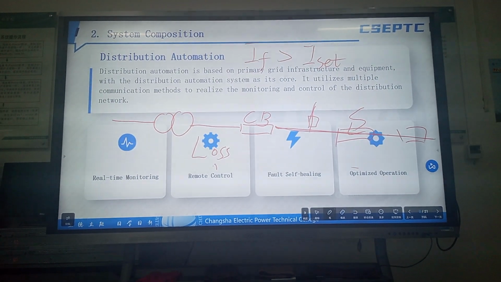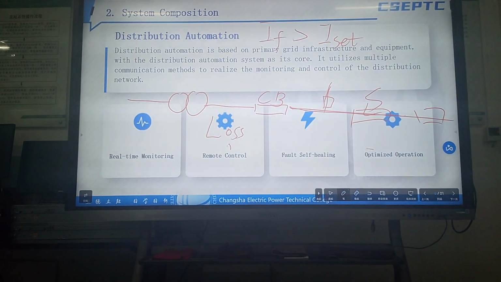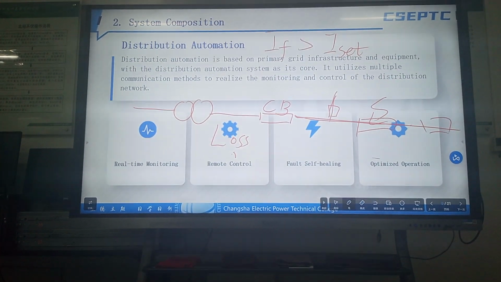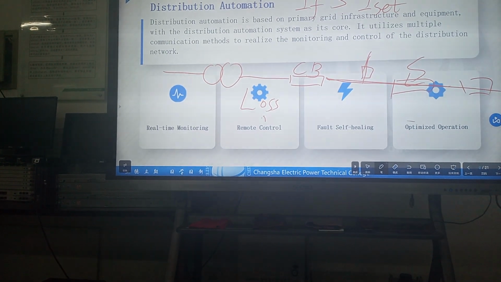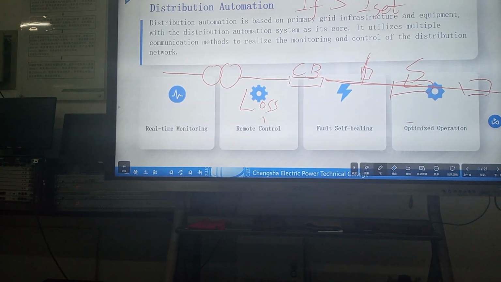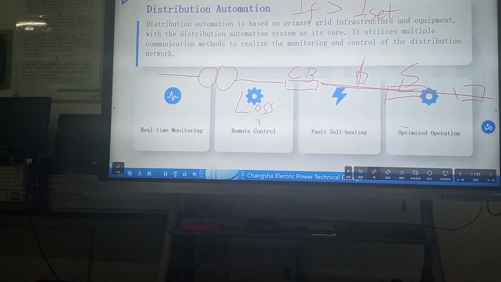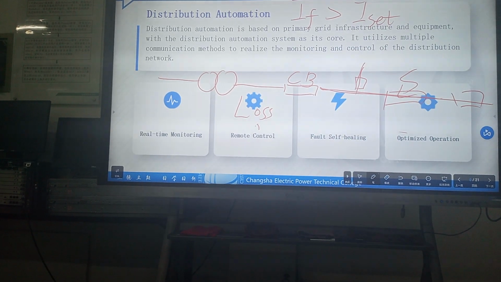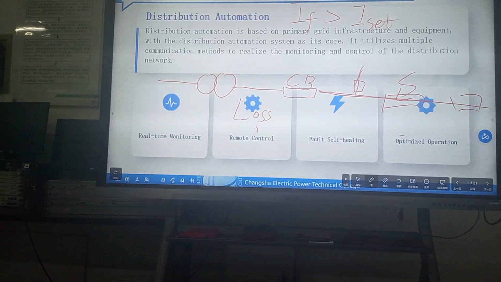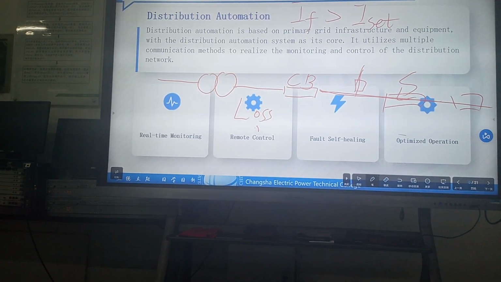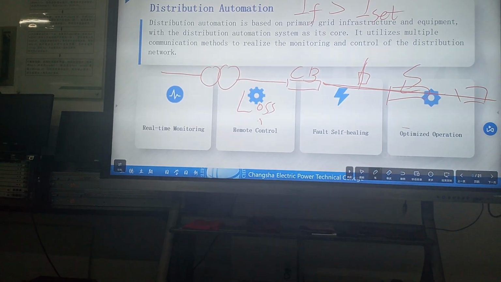And then secondly, we measure the current. But if we have to realize automation, we measure the current. Who knows the current now? After we measured the current, who has the current now? The CT, right? The current transformer knows the current locally, but we do